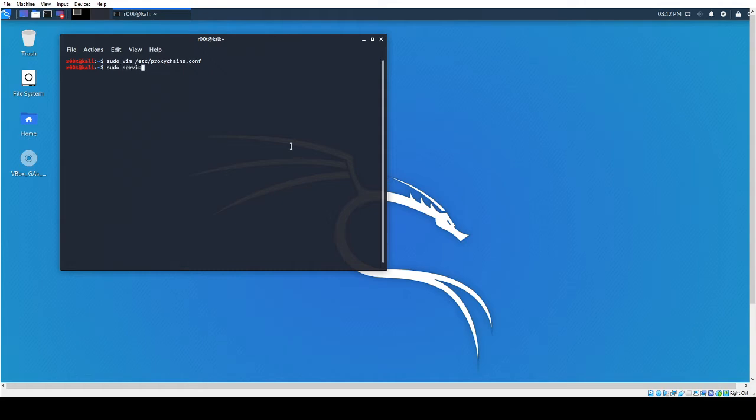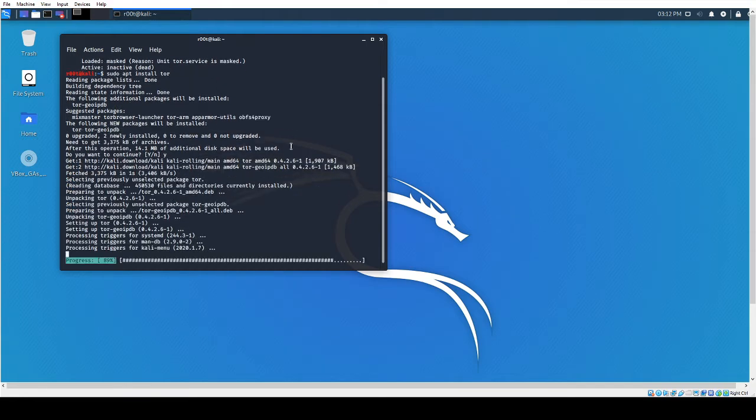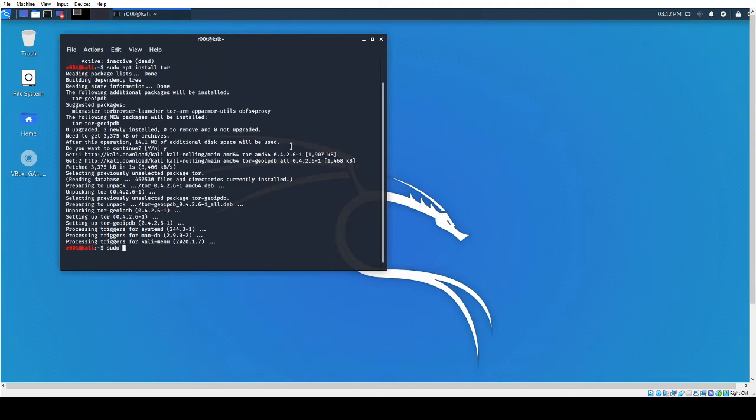So now that we have our configuration set up, let's see if we have Tor installed. You can check by running service tor status. I already have it installed, but if you don't, you can run apt install tor and get it installed. And once it's installed, then you can start it up by running service tor start. Alright, now let's check the status with service tor status,